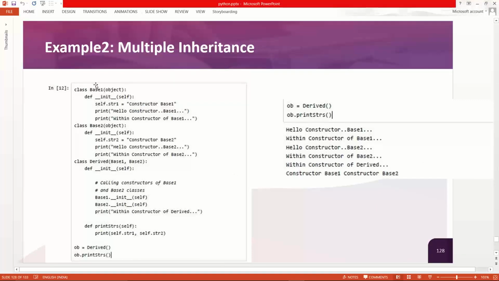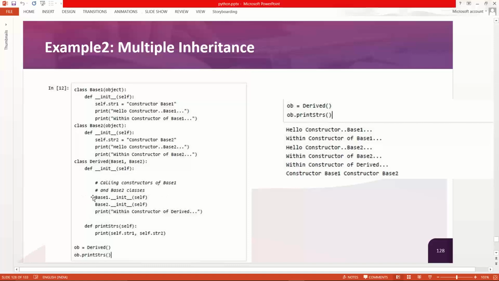You can see over here we have a class base 1, a class base 2, and a derived class of base 1 and base 2. With commas, we call the base 1 and base 2 classes. Every class has its constructor: the constructor of base 1 is over here, of base 2 is over here, and of the derived class is over here.